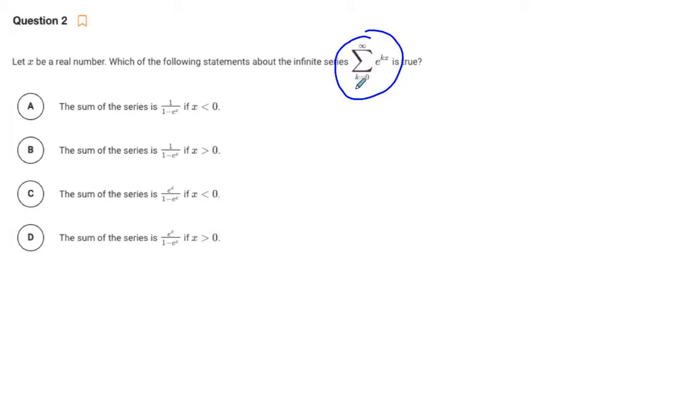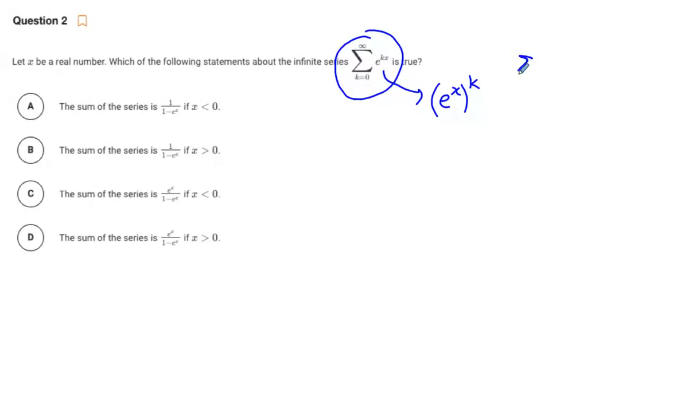And if we take a look at the summation, we've got k going from 0 to infinity. And here's k in the power. If we rewrite this exponential as e to the x raised to the k, put that k out there as the power, we recognize that this has the form of a geometric series. So if we look at this as a geometric series, now we know what to do because we know that